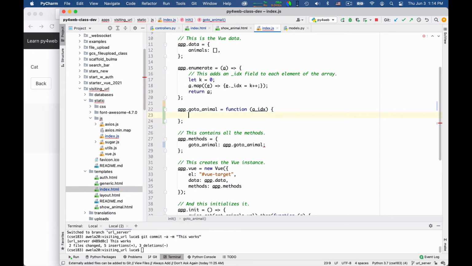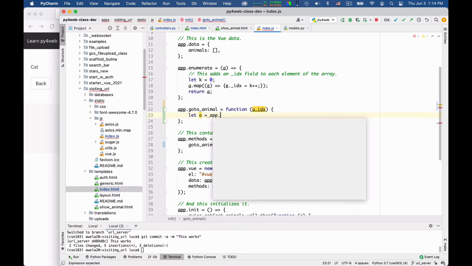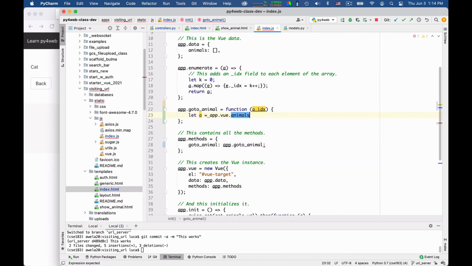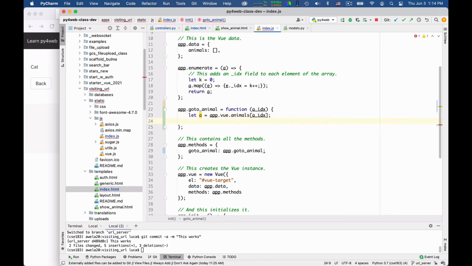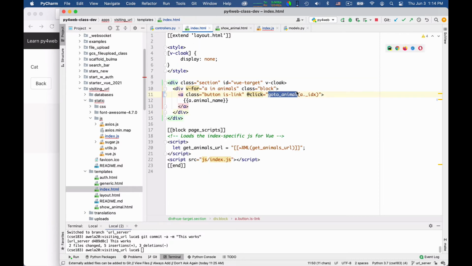It says let animal is equal to app.view.animals of animalIndex. Okay, so I fish out the animal to which I want to go, and then I should do axios.get to a URL that I have not defined. I will define it now.